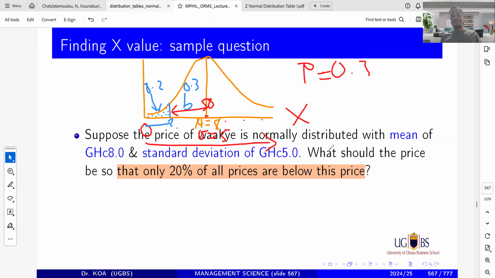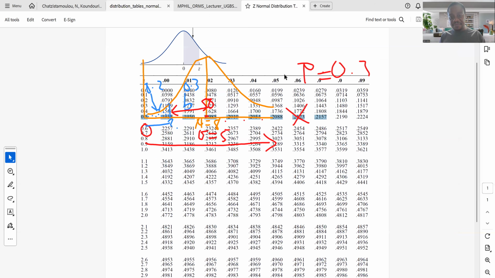How do we get this probability? Because it's only when we know this probability that we can find the Z equivalent. Trust me, we can. Go to the table. When you go to the table, you know the big space is the probability. Everything you see in this swimming pool, this entire swimming pool, is a probability. So you're going to search for a number that is closest to 0.3.